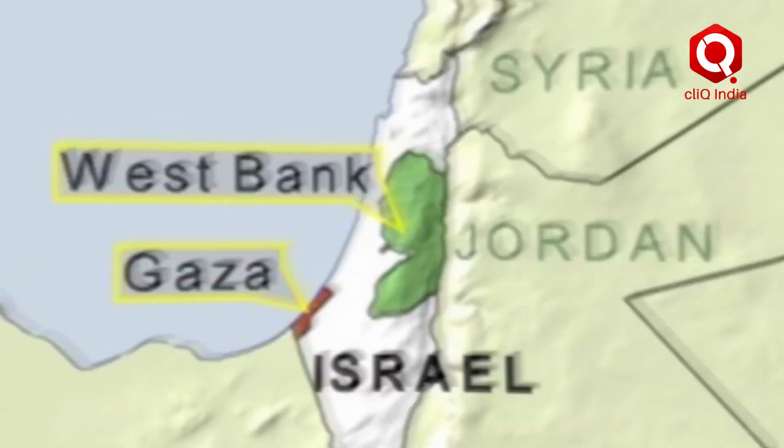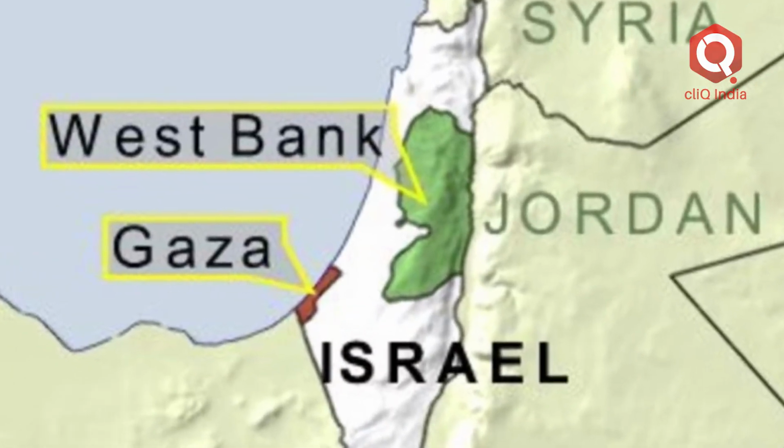The only two parts of Palestine that were left were the West Bank and the Gaza Strip. The West Bank was controlled by Jordan, and the Gaza Strip was controlled by Egypt, and so on and so forth. This cycle of wars continued. Slowly, the West Bank and the Gaza Strip were occupied by Israel in the Six-Day War, and after that, including the Golan Heights as well, if you want to be picky.